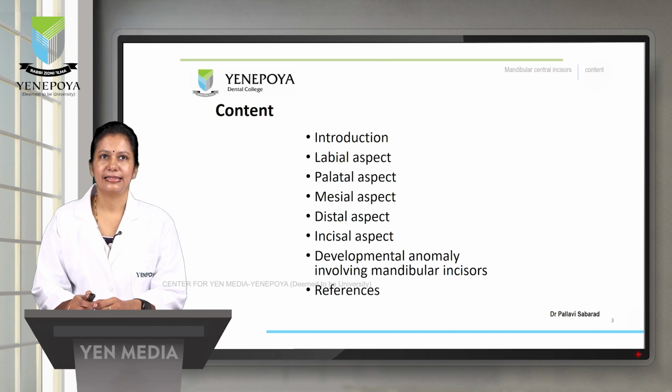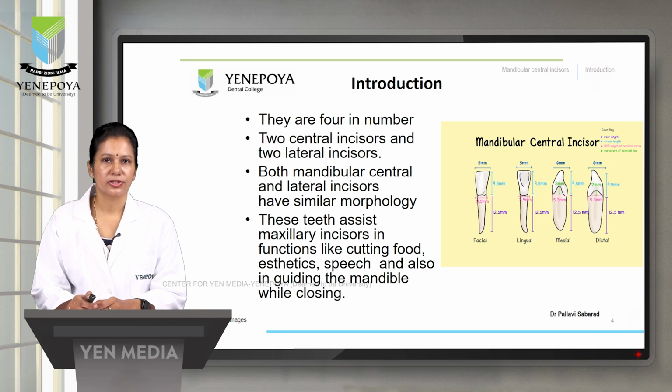central and lateral incisors. The content of my class includes the introduction and different aspects of the mandibular central incisor, that is labial, palatal, mesial, distal and the incisal aspect, and developmental anomalies involving the mandibular central incisor. But today I am going to discuss the introduction and the labial, lingual and mesial aspects of the mandibular central